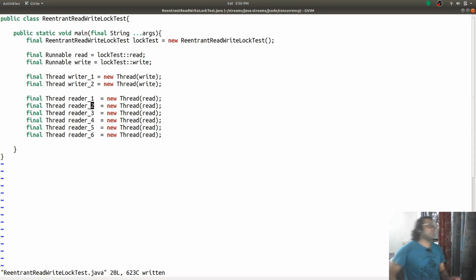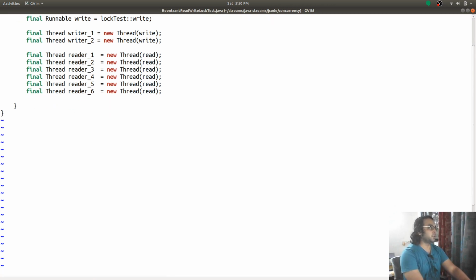So we have our writers, we have our readers, and this class is used in the cases where there are a lot more readers than there are writers. In those cases this class is useful because it doesn't block consecutive reads from different threads.